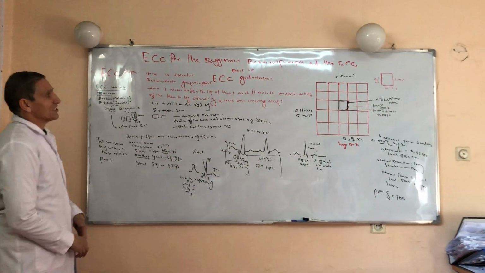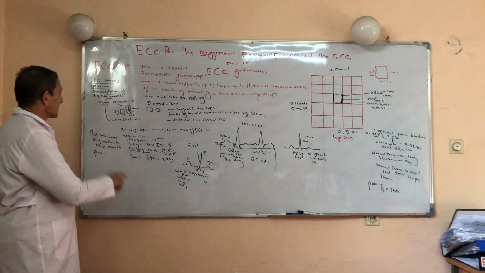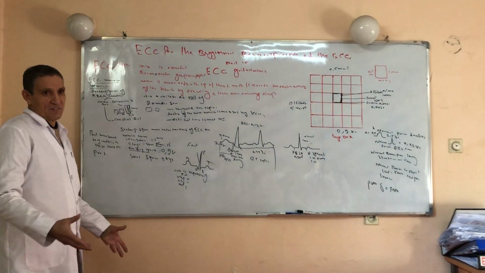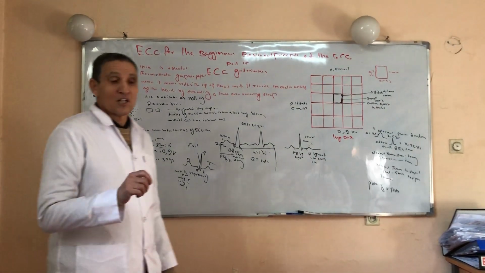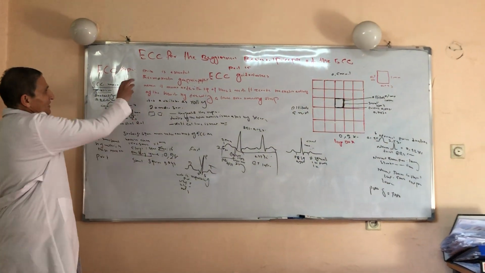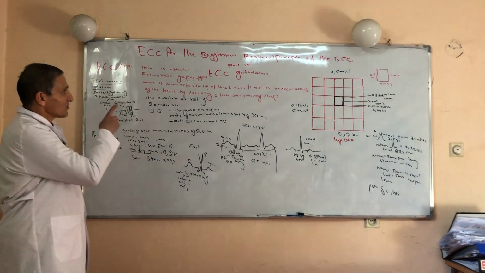Under the topic of ECG grade and values, first we'll discuss the ECG paper. Second, we'll discuss the ECG machines. And finally, if we have enough time, we'll discuss the normal values of the wave, segment, and interval. First, this definition is a little bit difficult, but after discussion, we'll solve this problem.